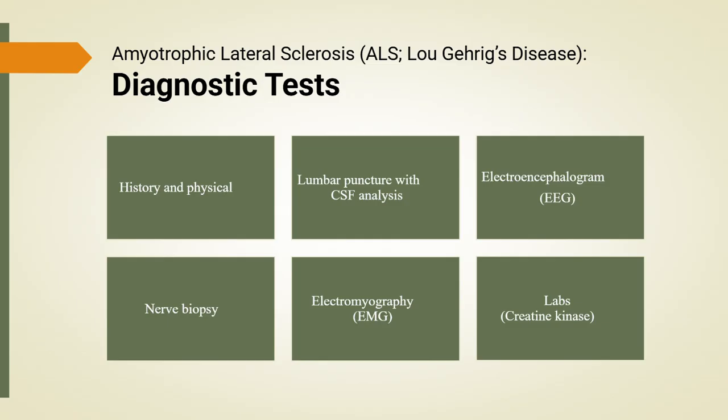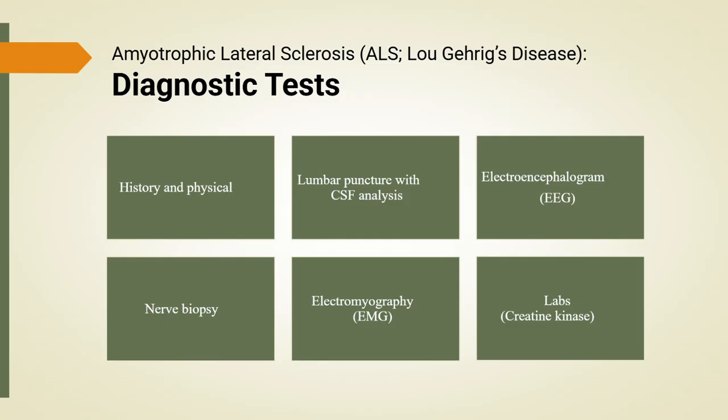An electroencephalogram, or EEG, is rarely used to diagnose amyotrophic lateral sclerosis directly because ALS does not affect brain waves. However, an electroencephalogram may be ordered if seizures or other cortical abnormalities are suspected, or to help differentiate ALS from other neurological conditions. A nerve biopsy is not routinely needed in amyotrophic lateral sclerosis either, but may be used when there is concern for peripheral nerve diseases such as neuropathies or myopathies. Typically, ALS does not show inflammation or demyelination on biopsy, which helps confirm the degenerative rather than inflammatory nature of the disease.